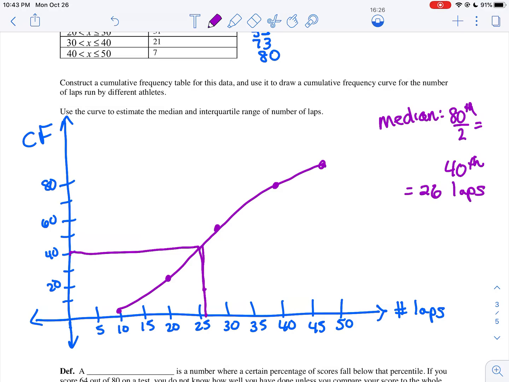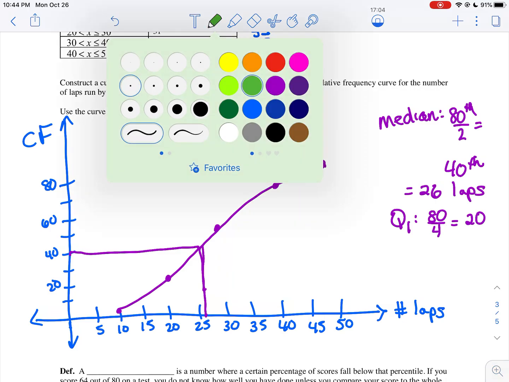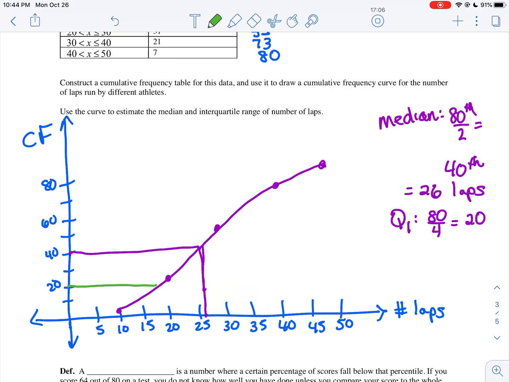Okay, so again, to find the median, we're really looking for the middle. So the cumulative frequency was 80. So the middle would be halfway. So I took 80 divided by 2 to get the 40th data value. So now, if you want to do quartile 1, that would be a quarter of the data. So you would take 80 divided by 4, which is 20. So let me use a new color. So if I go to 20 and hit it,